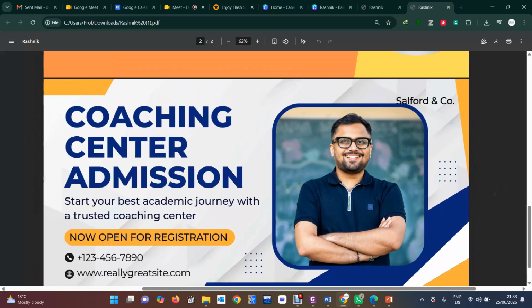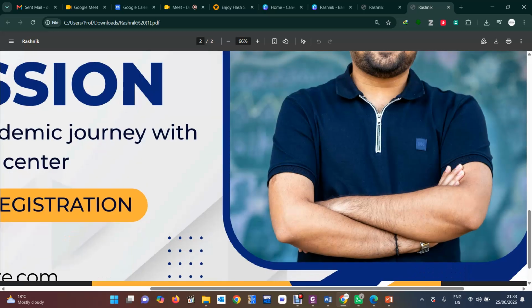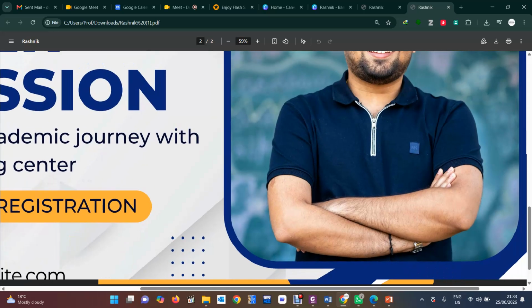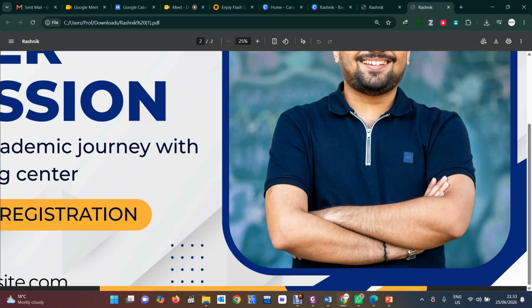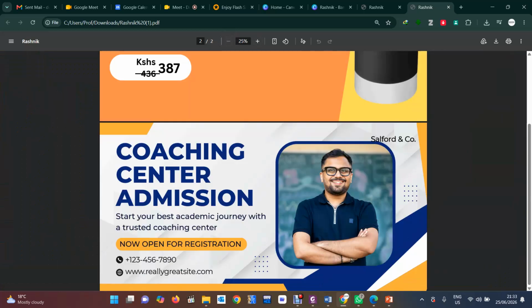So people will be seeing that, and you know how much you pay for a company to design something like this? I want to know if there is somebody who is in the admission sector here, especially in administration, to tell me the cost you normally spend to create an admission banner for your organization.